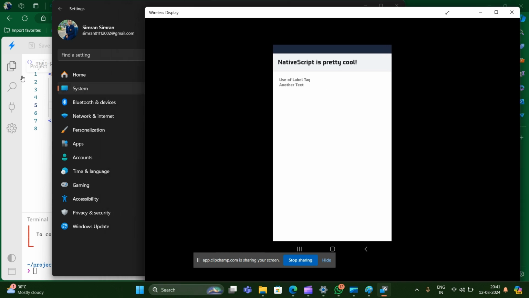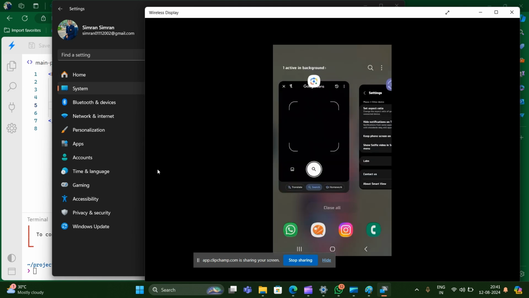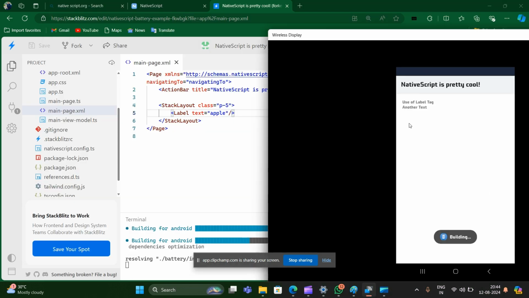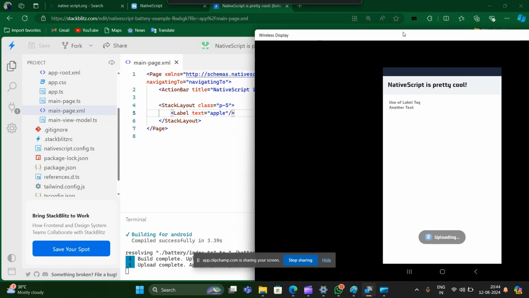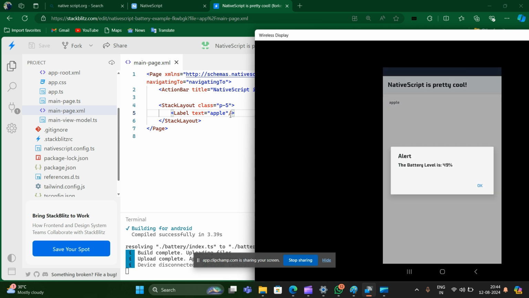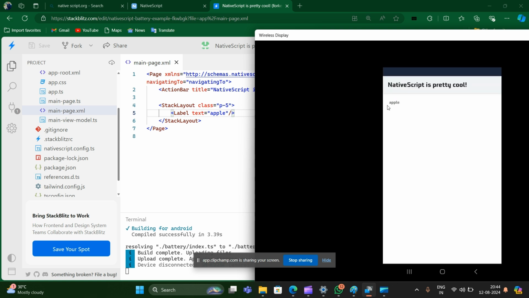It will give the output. Here you can see now it will give the output. It is uploading now. I have just added one text there with the help of the label tag, and you can see the text apple has appeared.